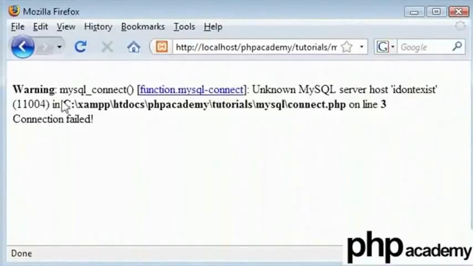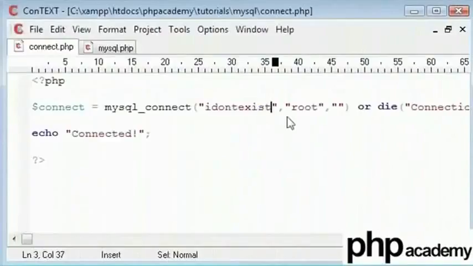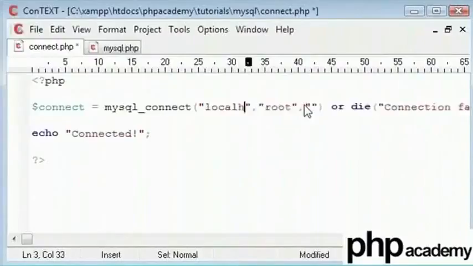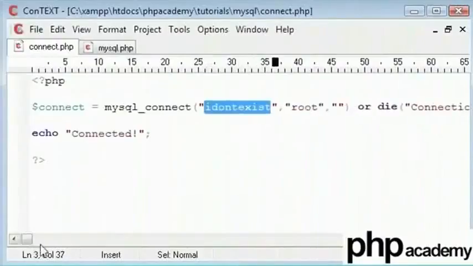You can see that we have got a MySQL error here and we have the connection failed text that we specified earlier. So we have got unknown MySQL server host. If you ever get this error, you know what to look out for. This is the host I specified and you can see what line it's on and all our usual debugging message code.